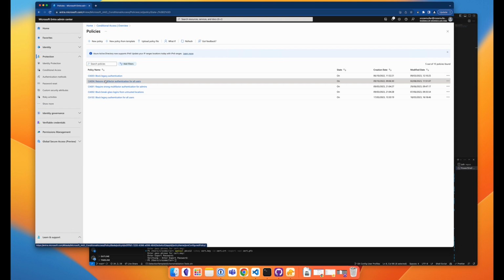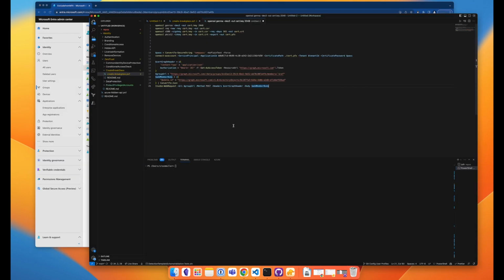Now we have all parts in place. We have created a service principal, we have created a certificate to log in, we have created a group, and we assigned the service principal as an owner to the group, so it's allowed to assign users to that group. The last step is to log in as a service principal in the case of an emergency, and add a user to the created group. The first step is to